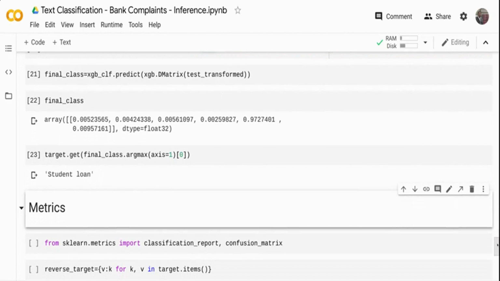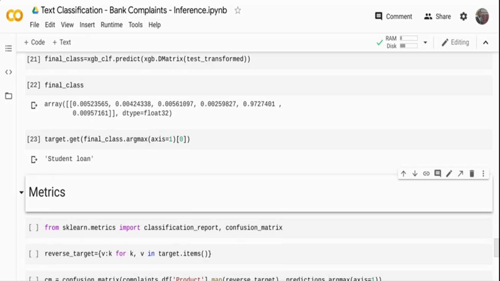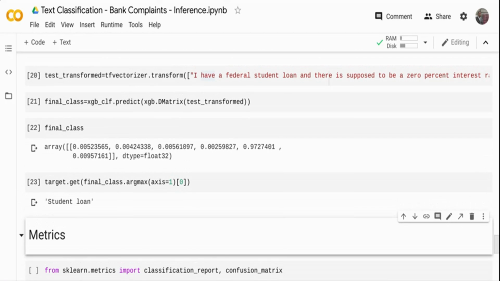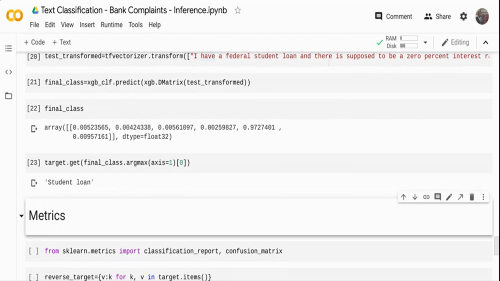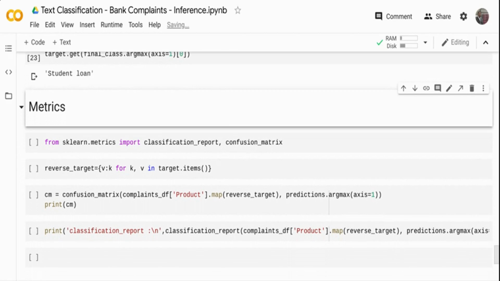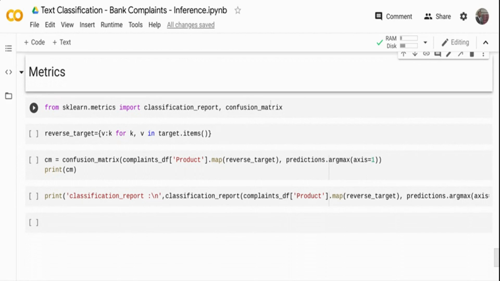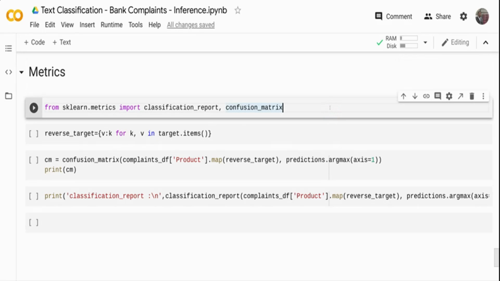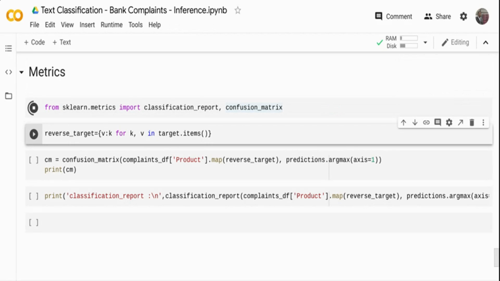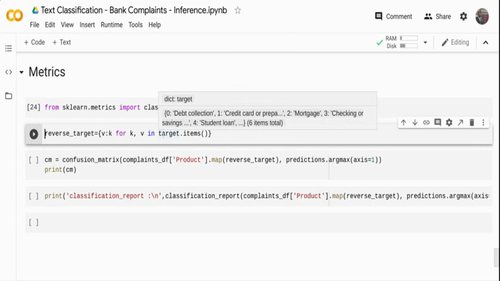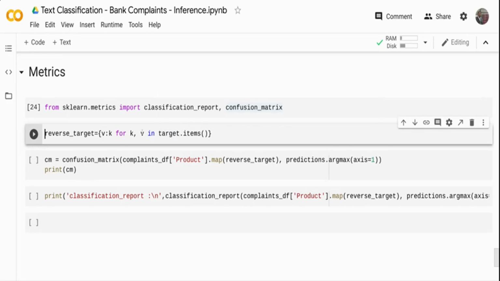Now finally, we also want to know if our model pipeline is correct. One way to look at it is to go and compare each and every score and run it in your training code and then compare. The other way, which in this video we are just going to follow, is a simple method of comparing the metrics, right? So I'm loading the metrics object from sklearn, the classification report and confusion matrix, and we exactly know how our model performed during the training, right? So here, instead of the dictionary object with the integer as my key and the actual name as my value, I'm just going to reverse it.